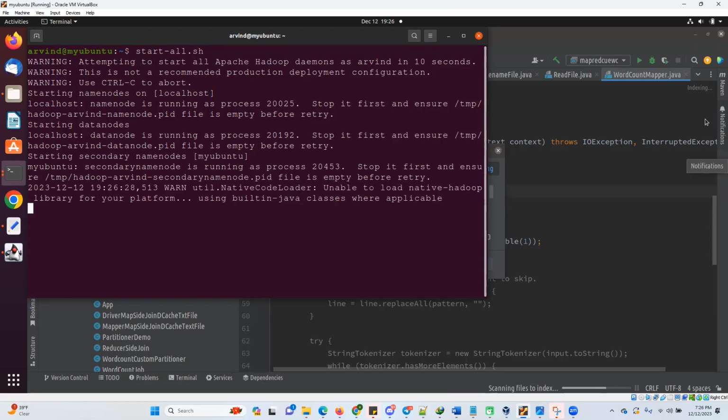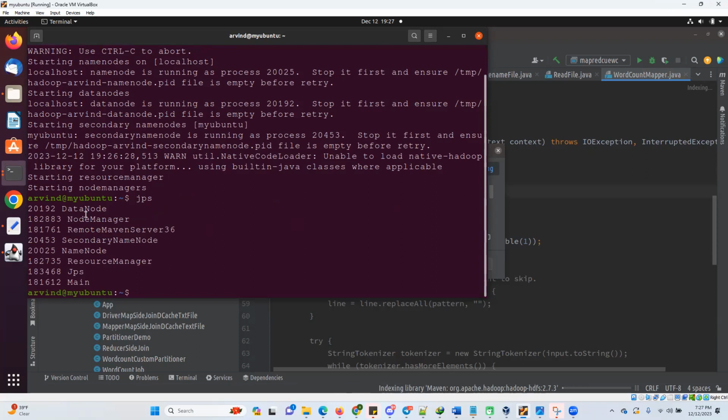Okay. So generally what happens, if you close your Ubuntu on the top right here, your Hadoop will stop. Next time you will not get this message, because it will be shut down. But when I'm not closing it properly, sometimes in my case it even automatically reboots. In that case, my services are still running. Okay, so if I run JPS, all 5 services are running: data node, name node, secondary name node. Okay, so